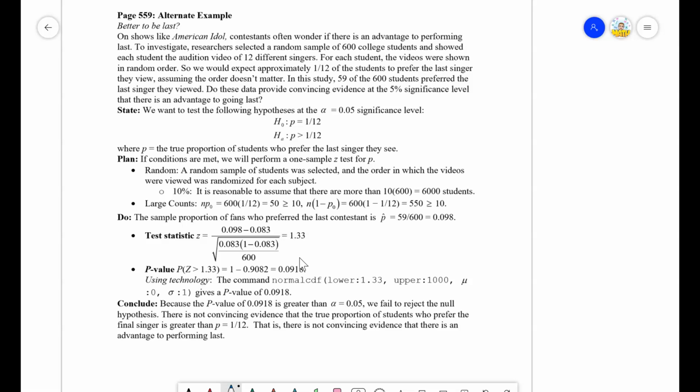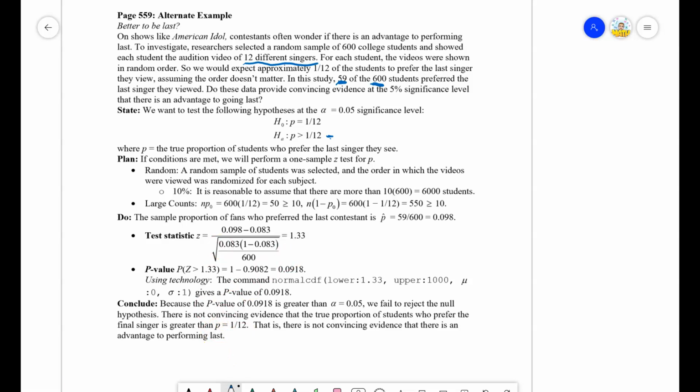So if there are 12 different singers, then we would expect the person who goes last to only win a 12th of a proportion of times. What happened in this particular study is they had 59 out of 600 contestants that went last, and they were preferred. So we want to see, is 59 out of 600 significantly greater than 1/12, the expected proportion if